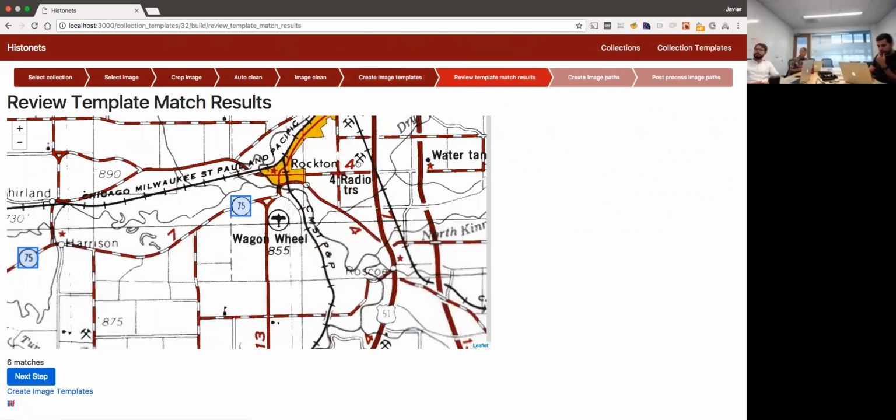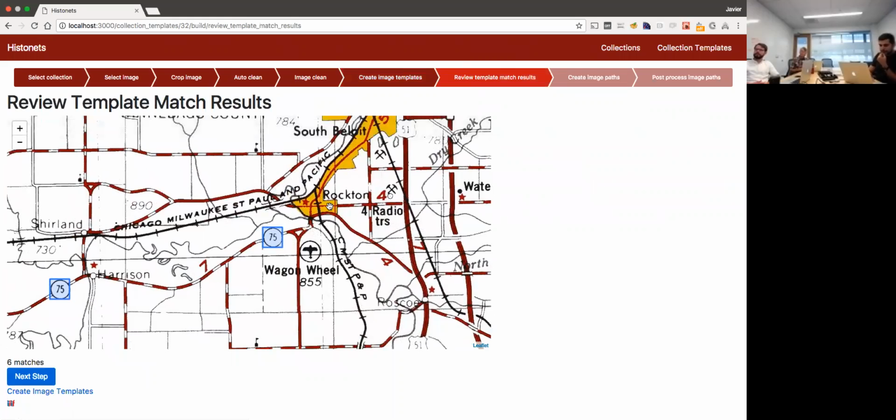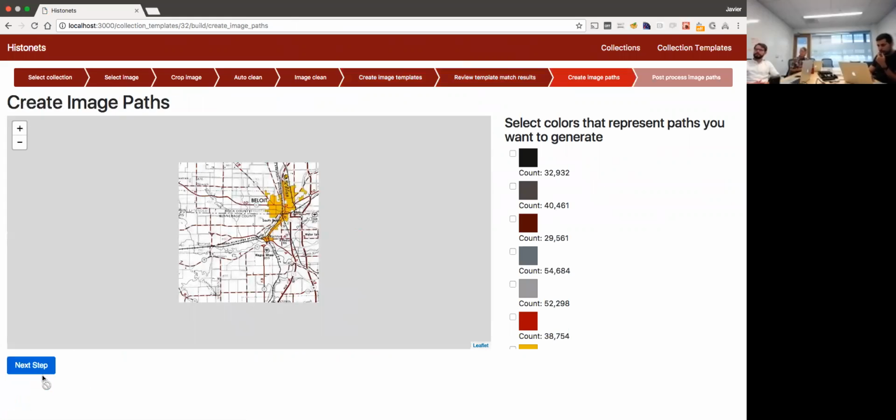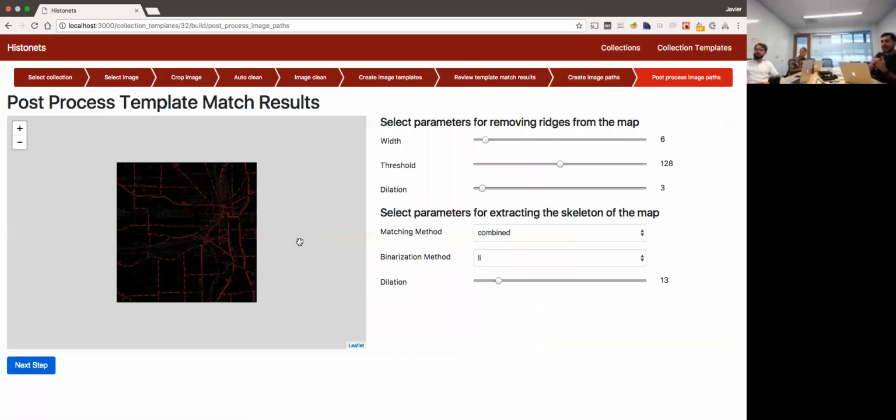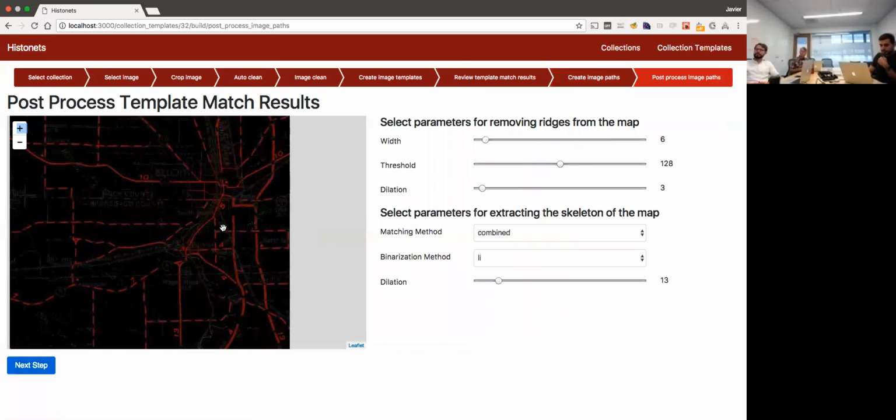The next step is creating the paths that are representing the roads on the map. So we click on next step, and then we choose the colors that are used to encode the roads in the map. So we choose, for example, the blacks, and then the dark brown and red. Click on the next step, and then we should see only those colors extracted from the actual map,